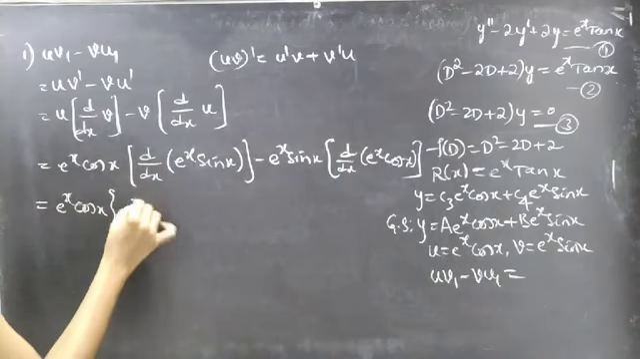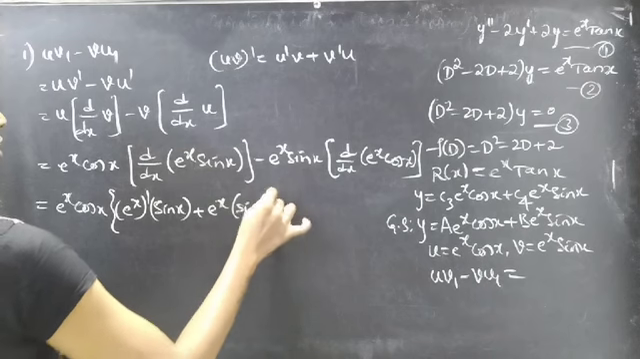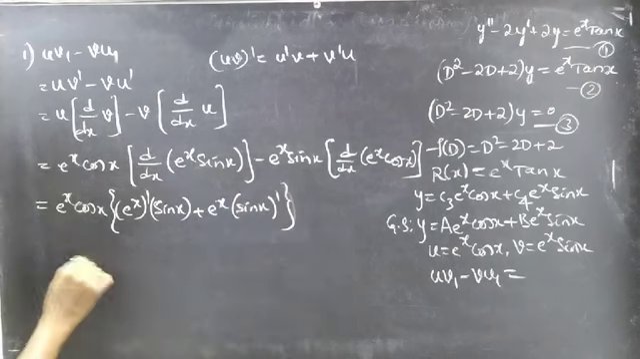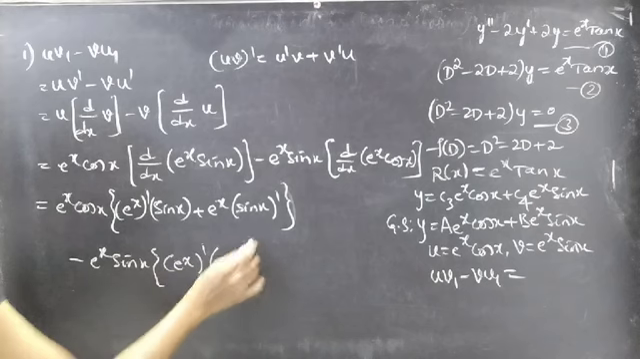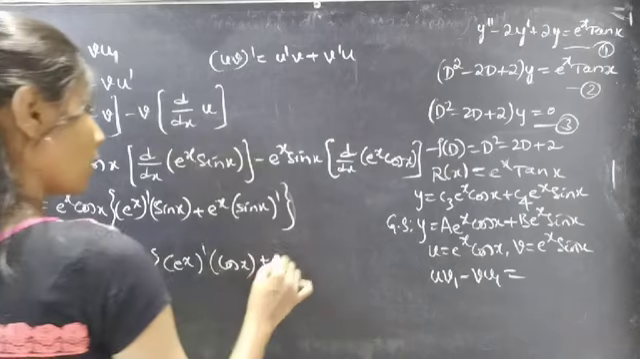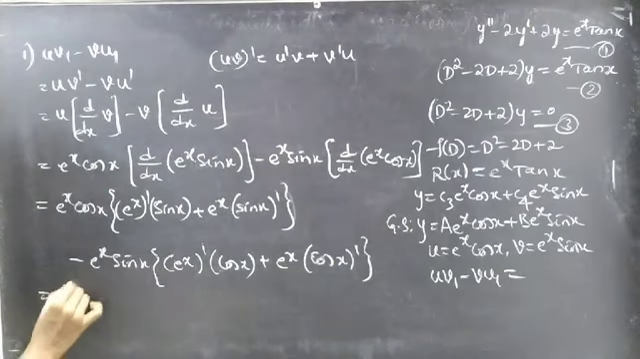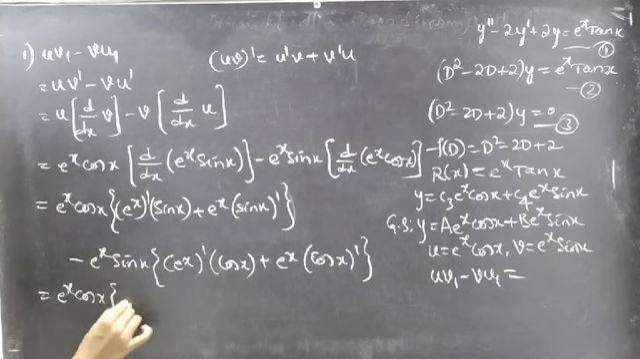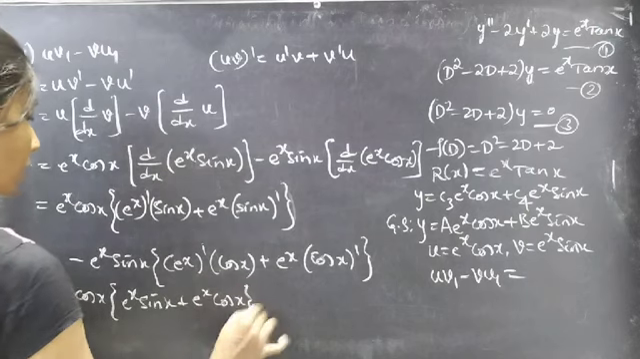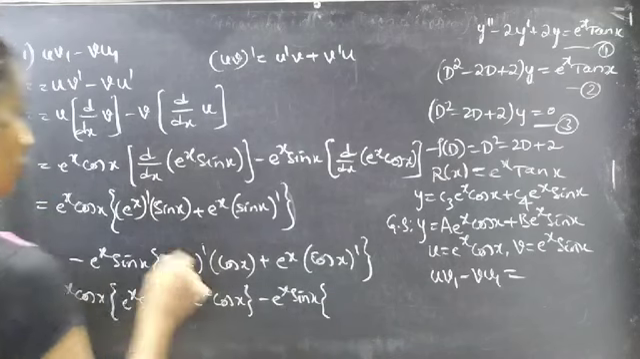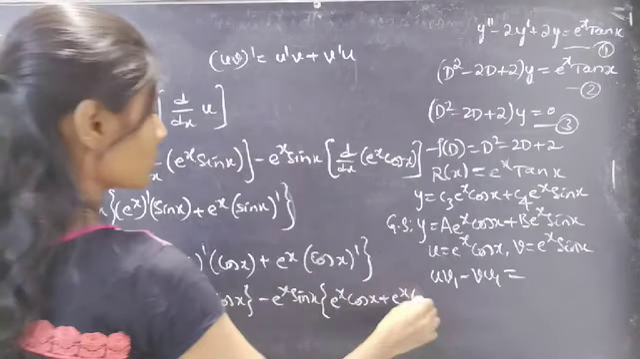This gives us e power x cos x into the derivative of e power x sin x, which is e power x sin x plus e power x into the derivative of sin x with respect to x, which is cos x, minus e power x sin x into the derivative of e power x cos x, which is e power x into cos x plus e power x into the derivative of cos x with respect to x, which is minus sin x,